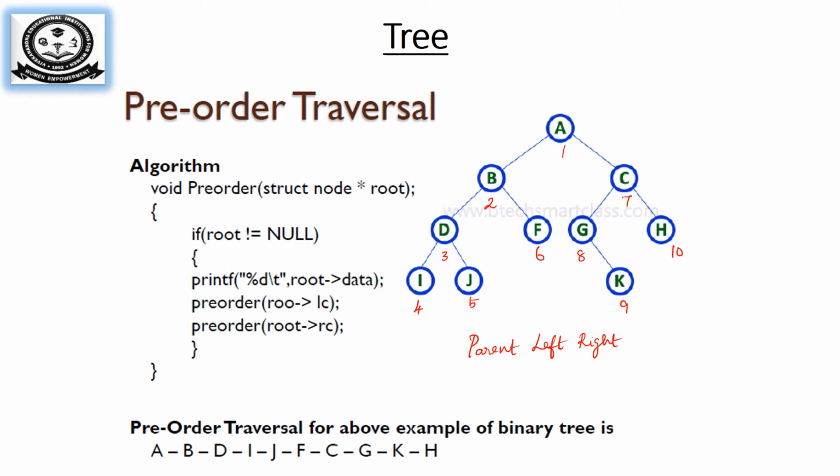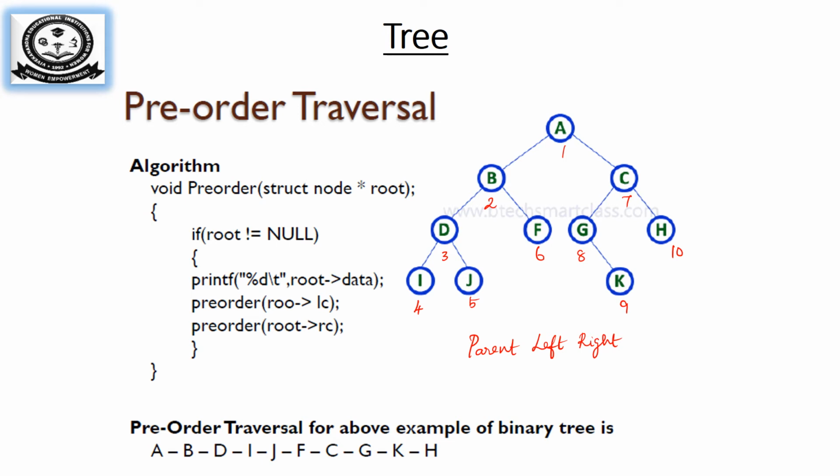Next tree traversal is pre-order traversal. Pre-order traversal is applicable for a binary tree or any tree. So how it will be done is, first print the parent node, then you print the child nodes. That is the simple formula you will take: print the parent, then the child nodes. That is the concept. Now when you travel from the root node, A is a parent node, so print the parent node. Then start printing the children.